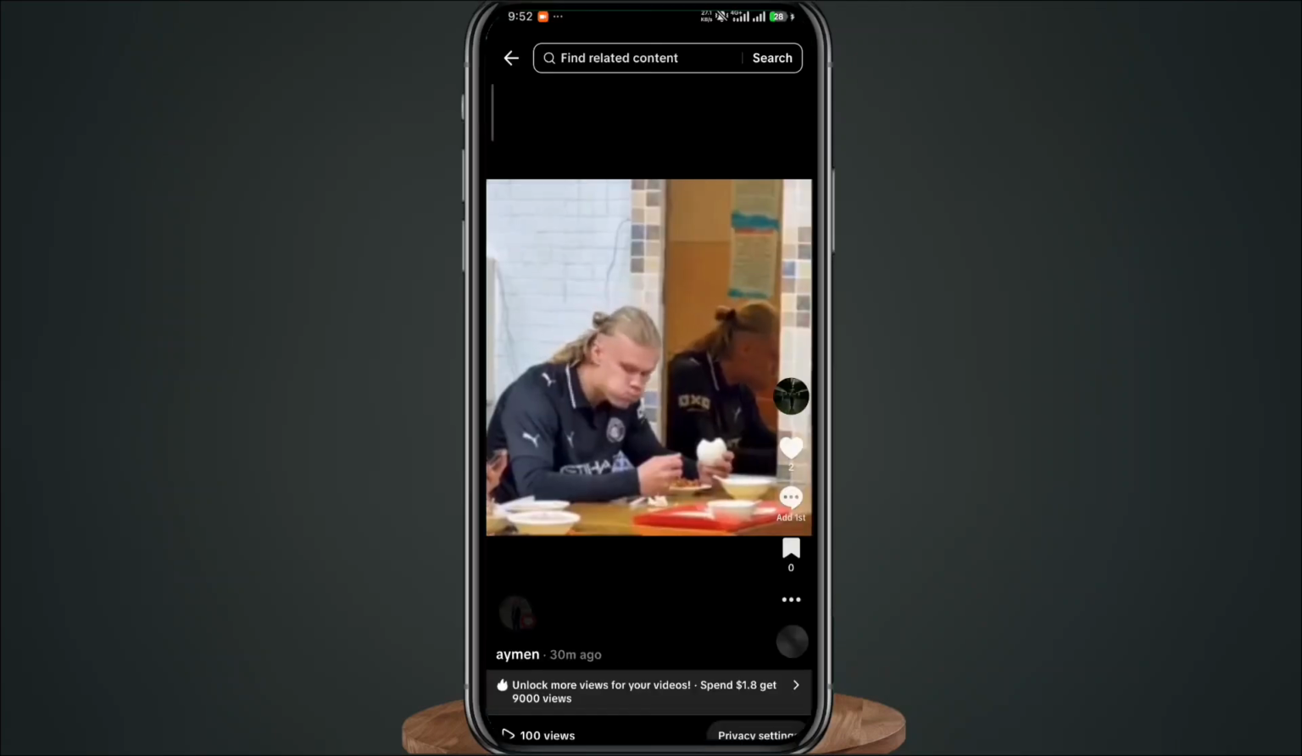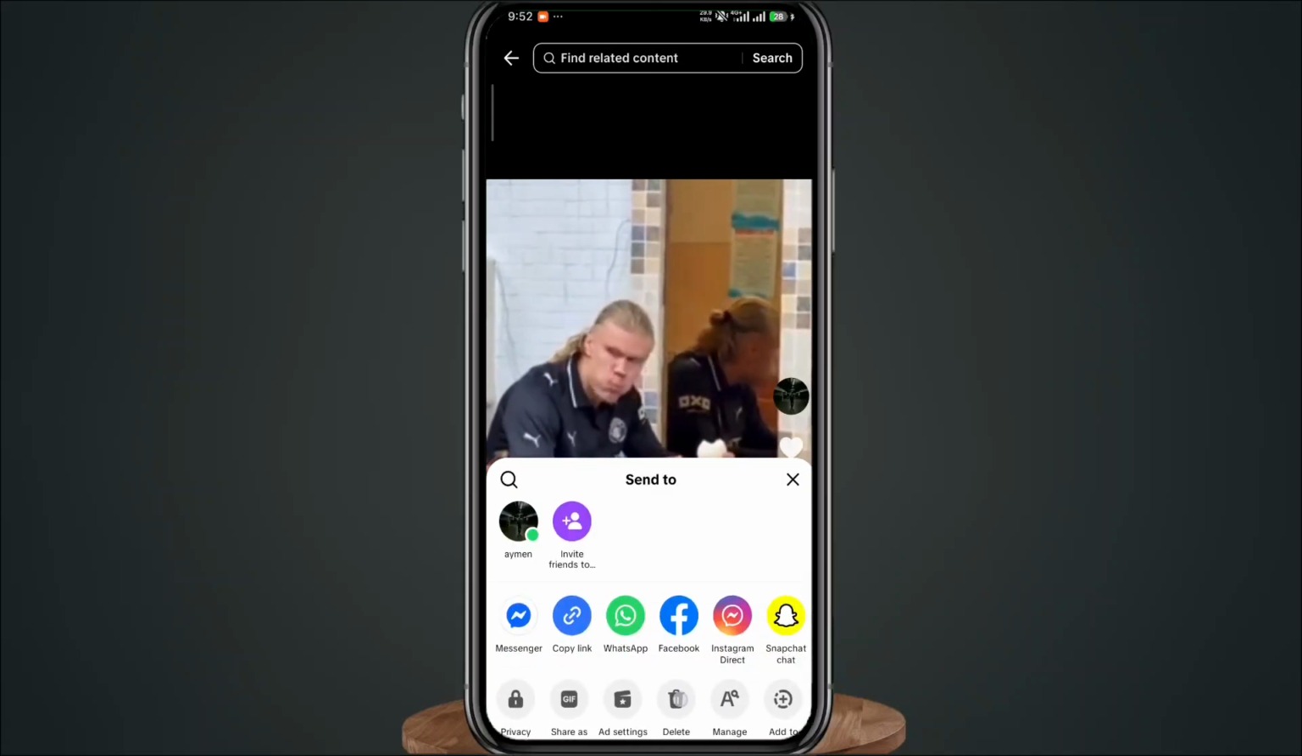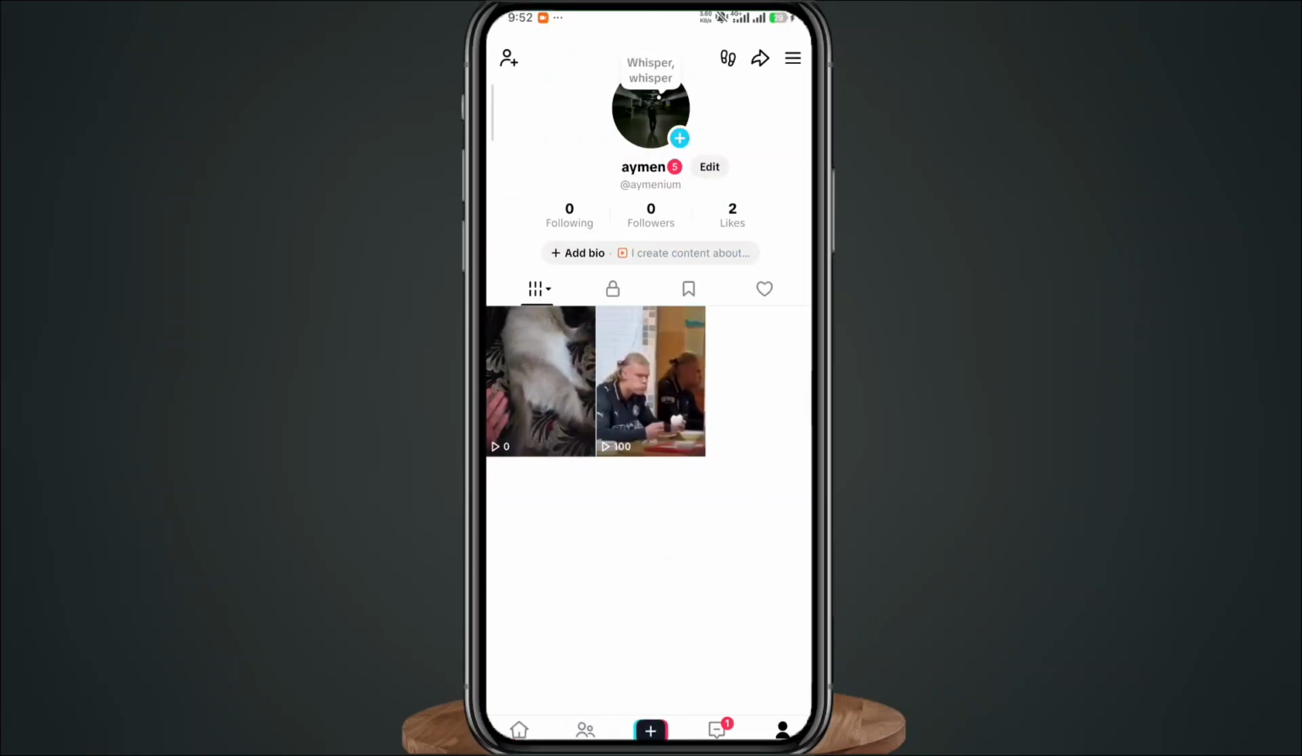Anyways, if you want to do it the traditional way, you just tap on the video and then tap on the three lines in the bottom right part of the screen. Scroll right here and then find delete, and then you can delete the video from there. This method is perfect for wanting to delete one video or two, but if you have hundreds of videos that